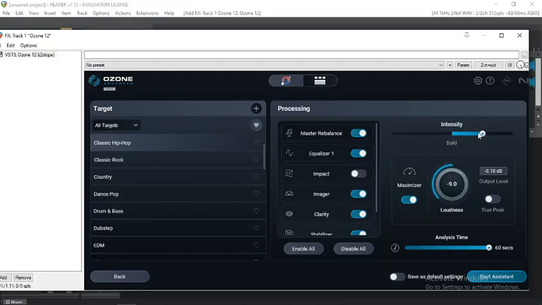So it goes from bold up to transformative. I think that it would do something pretty unorthodox. My suggestion is to keep it balanced, but if you want to experiment, yeah. Then going back, it has transparent, mild-ish, and then subtle, where the mix may not need a lot of, quote unquote, mastering processing.